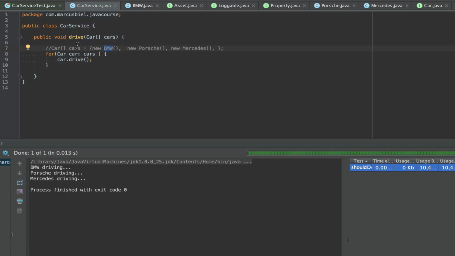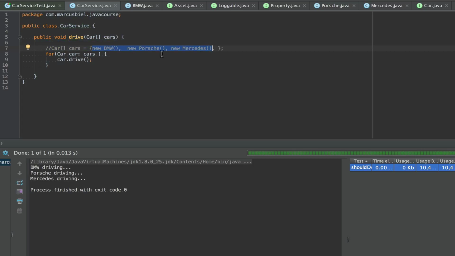And this decoupling also helps with other things, for example, team cooperation. Imagine you have a big team of 10, 20, 30 developers, and a big project that you have to work on for weeks or months. Then you would probably form smaller sub-teams, and each sub-team would work on a specific area. For example, one team in our example here could work on the car service, while another team implements different car types.